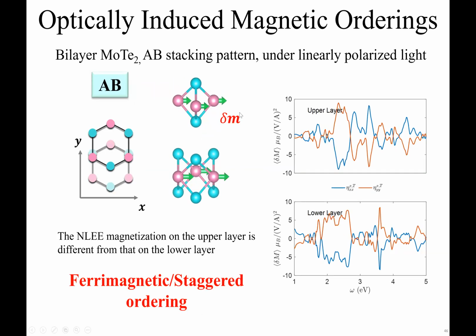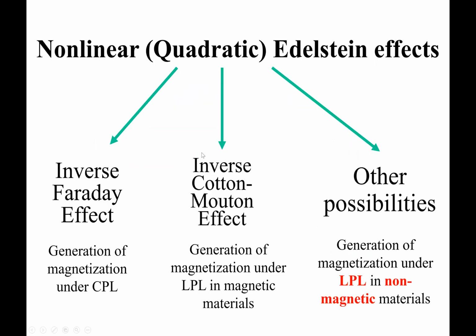And finally, if you don't have mirror or inversion, then generally you're going to have ferromagnetic or some kind of staggered ordering. And this can be used for spintronics as well as to toggle the magnetic domains in materials by a strong enough light. So if you look at the response rate, this is Bohr magneton divided by the voltage over angstrom squared. So it's a pretty significant effect. So under pulse light, you can actually generate a pretty large static magnetic field.